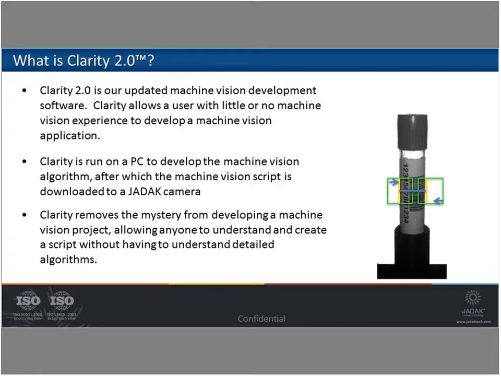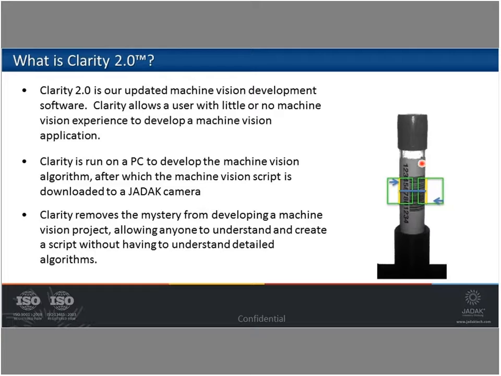So what is Clarity? Clarity is a machine vision development software that can be used by a user who doesn't even have to be a software engineer, and definitely doesn't have to be a machine vision engineer, to develop a machine vision application. So here's an example application that I developed quickly, where we're finding